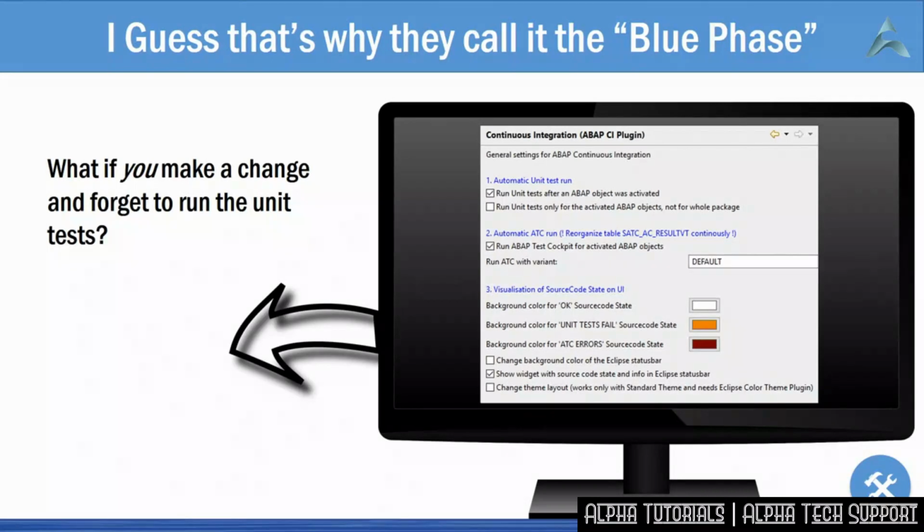That pops up and tells you what's wrong. That's great. None of this does anything that standard SAP cannot do, but it automates the process, saving you a few button pushes, which multiplied throughout the day could be a very, very large amount of button pushes. And more importantly, it prevents you from forgetting those steps.